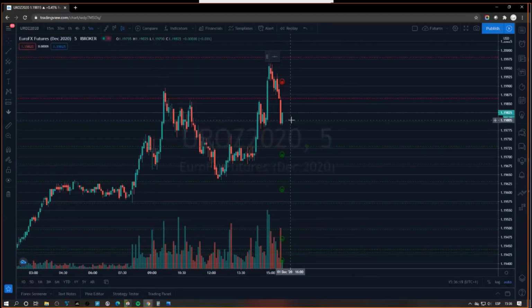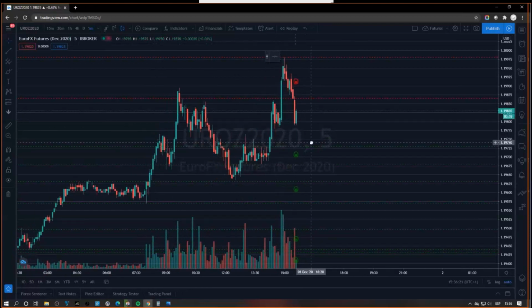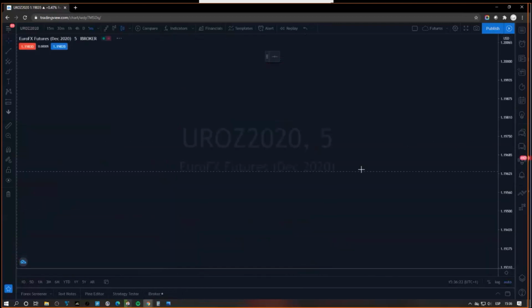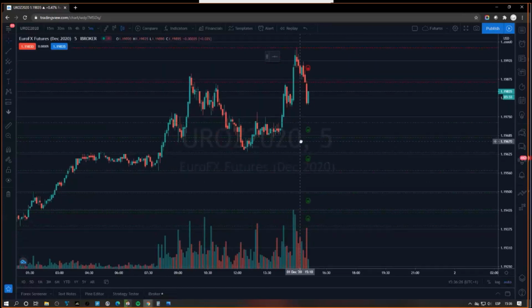Let's say that our bias here is long, and we want to buy. We see these green areas that run down here where the price just broke up. According to this indicator, here there are pending orders ready to execute a long entry in the market. So when the price reaches nearby this area, we will be ready to buy, and our target will be this area, which is the selling zone for this current asset. That's very easy to understand.